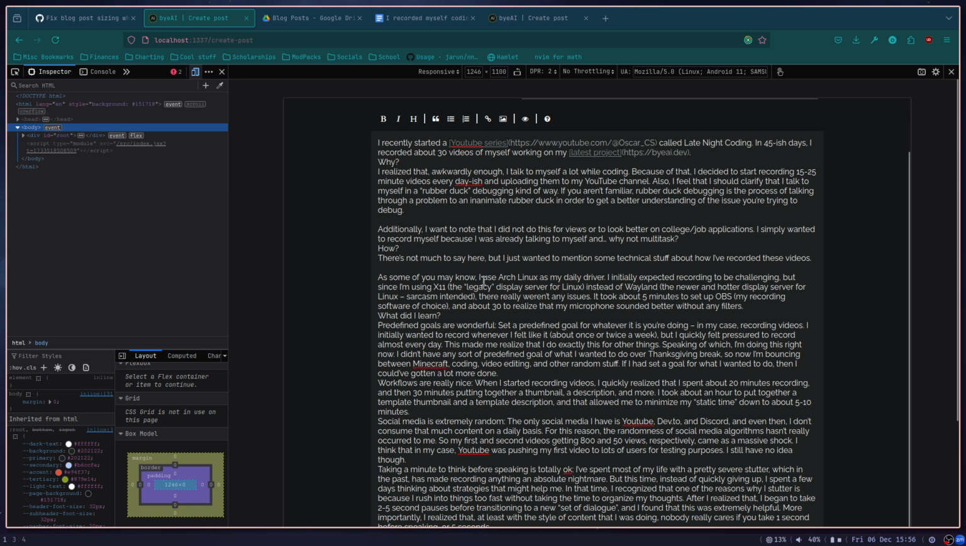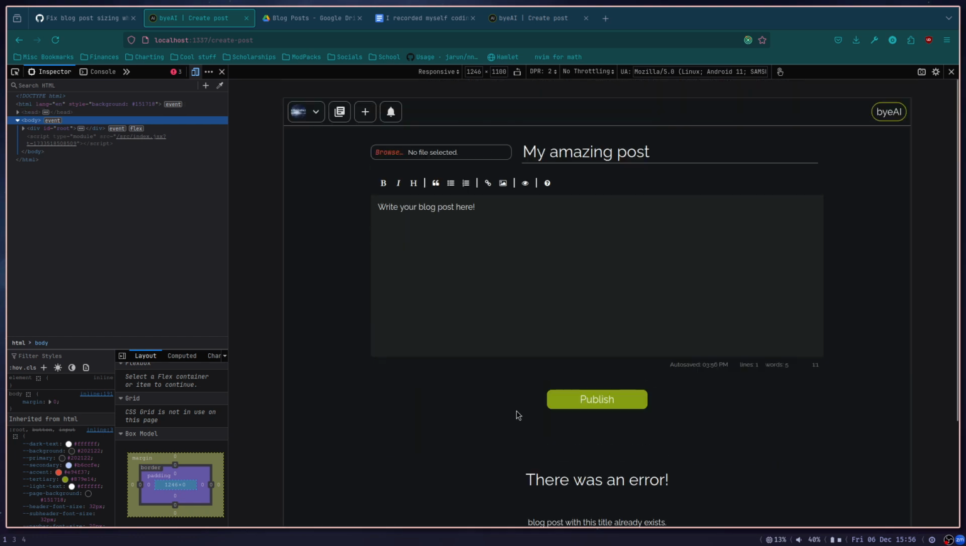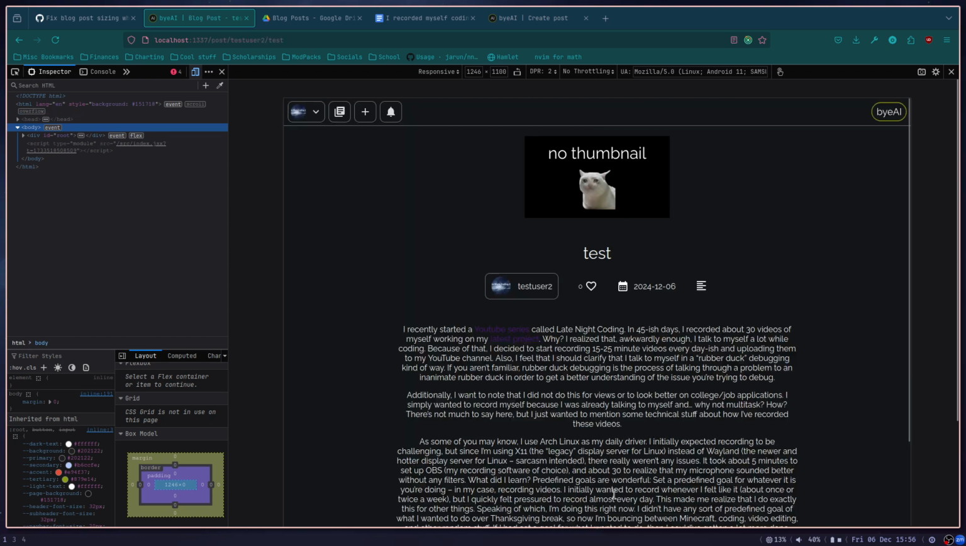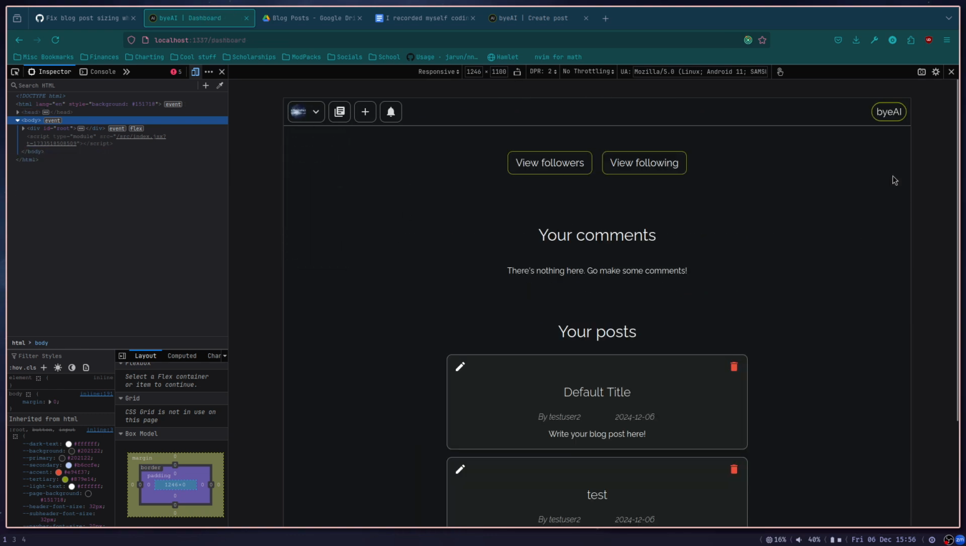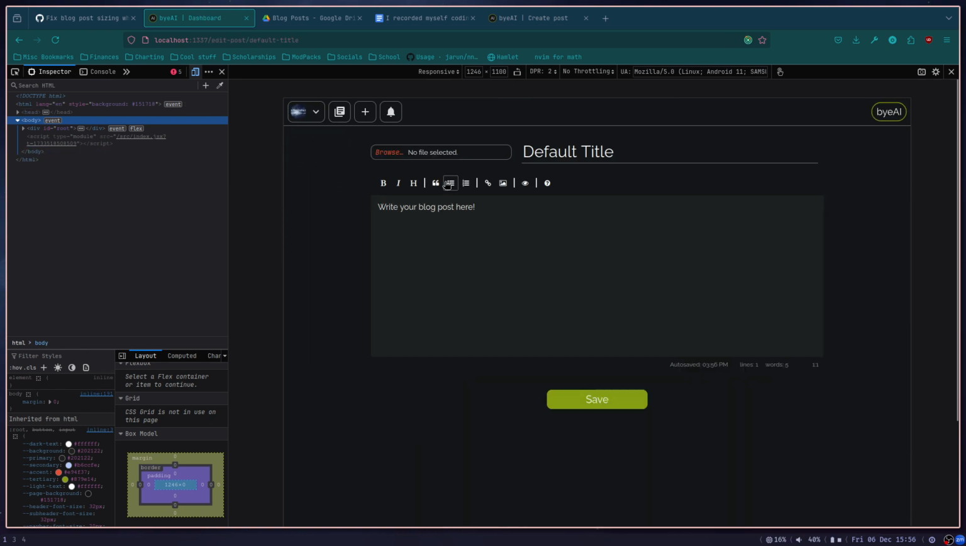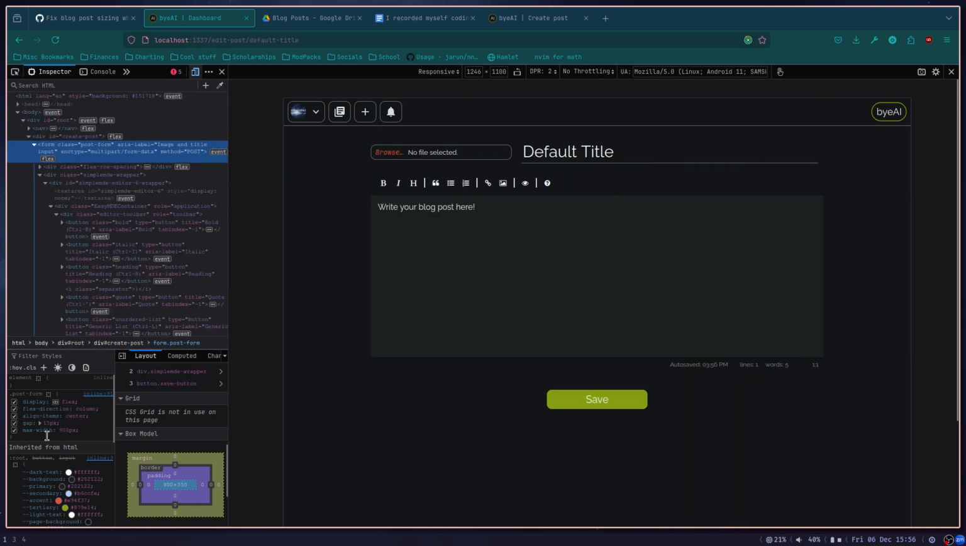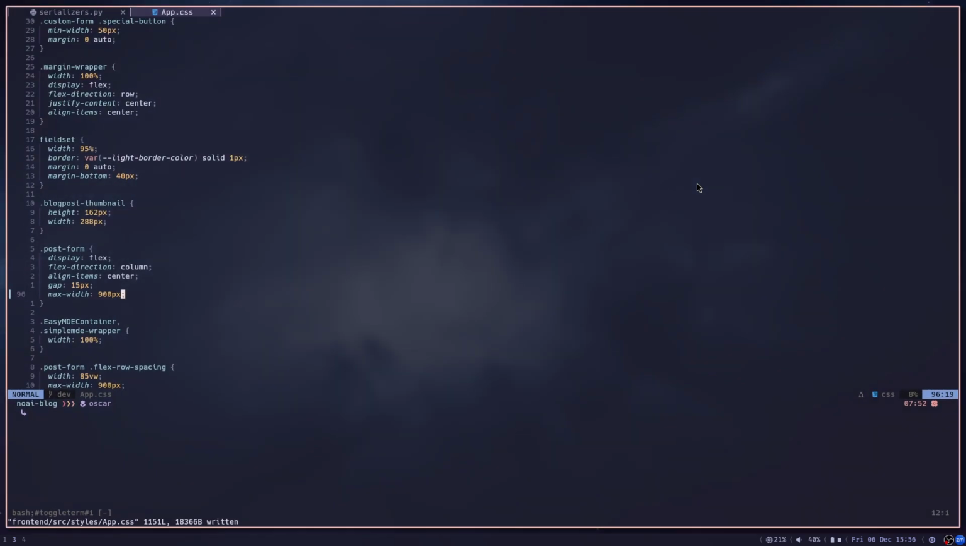Let me paste in this. Oh, test. It seems to not be saving now, which is odd. Okay, well that seems fine. Let me go over here and try and edit this. And this should also be post form. Yeah, so that should also have the max width applied to it. Okay, let me try and,